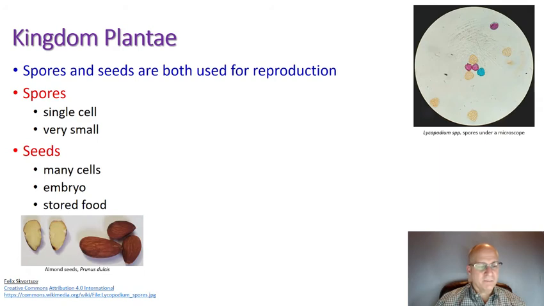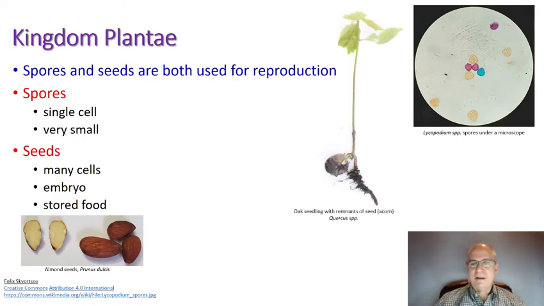And here you can see some almond seeds, one of which I cracked open, and it didn't do real well, but there's the little embryonic almond tree right in there. And that picture of the acorn that had started to sprout again, you can see the food that was stored in the acorn here provided the energy for the cells to start growing and produce the leaves, the stem, and the root here.